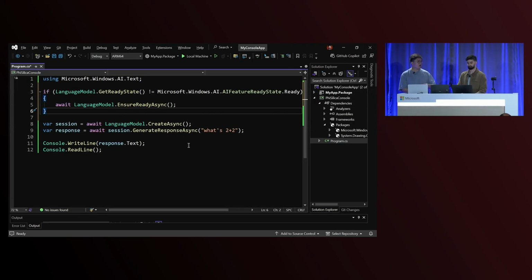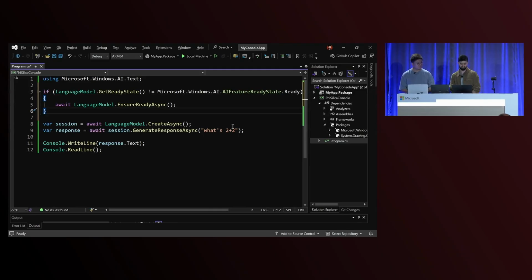I see. But how often do you run into this line, though, Rahul? How often is it going to tell you it's not ready, and you have to call ensure ready async, where this line gets executed? Yeah, so you should always check for it. But some models ship out of the box with Windows. So when you open your computer, you'll have them. Many others are used by Windows flagship experiences or other apps like Office that have lots of users. So it's quite likely that the model would already be there as well.